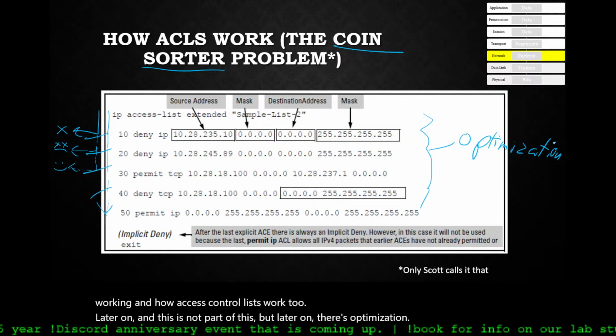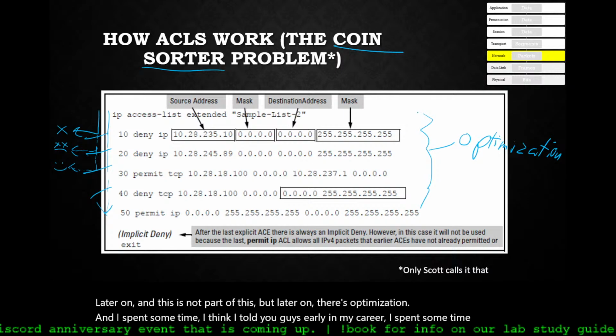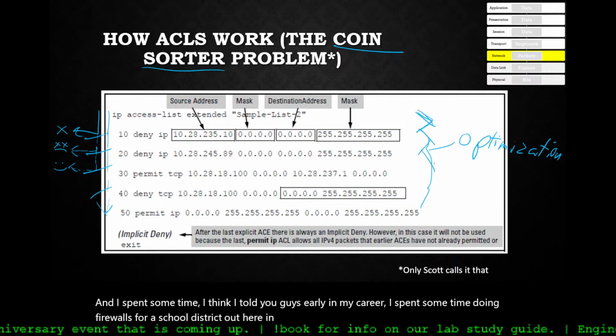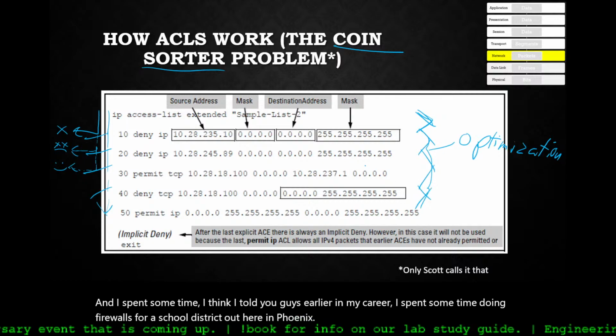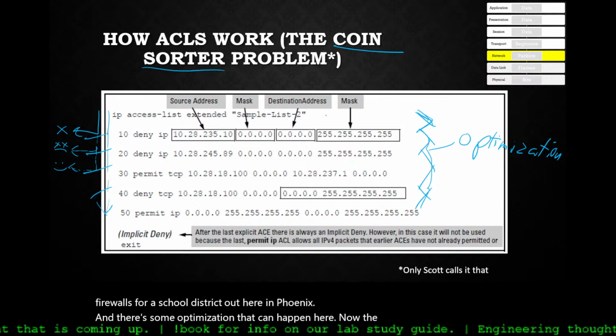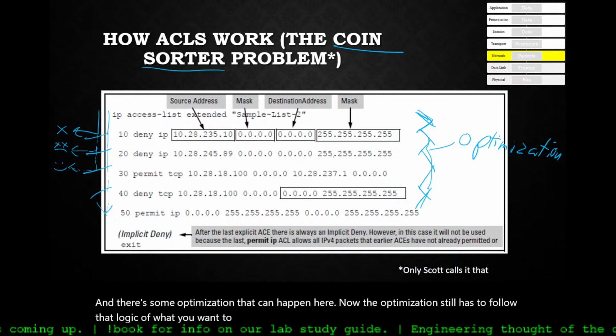And I spent some time, I think I told you guys early in my career, doing firewalls for a school district out here in Phoenix. And there's some optimization that can happen here. Now, the optimization still has to follow that logic of what you want to happen, but you start to look